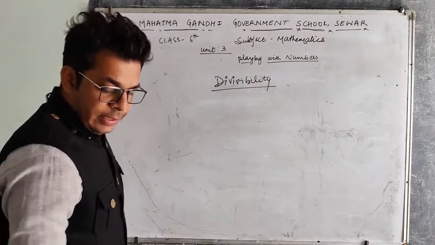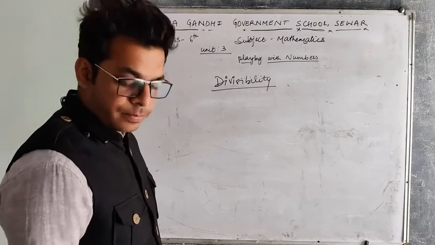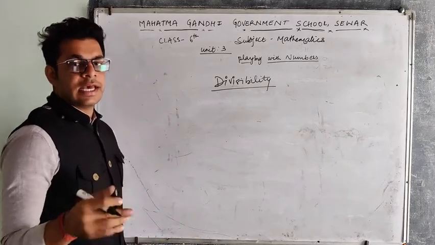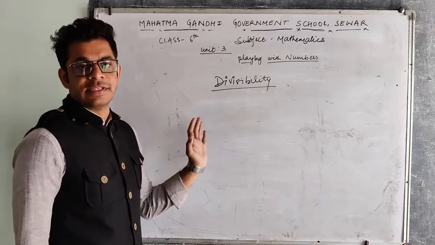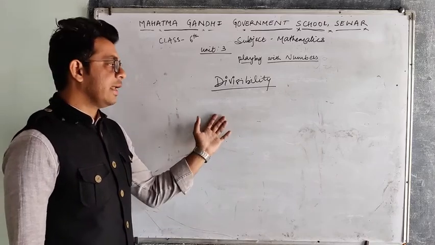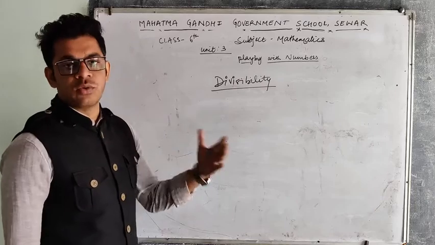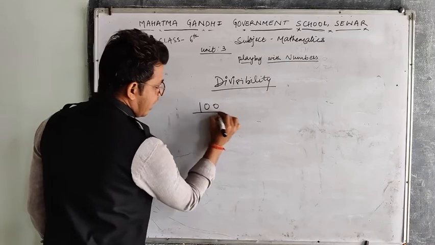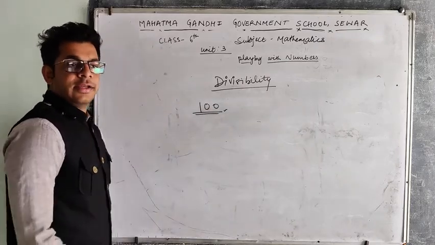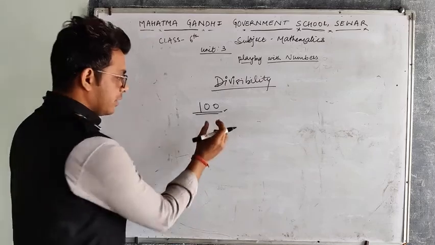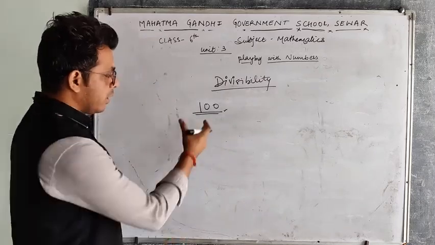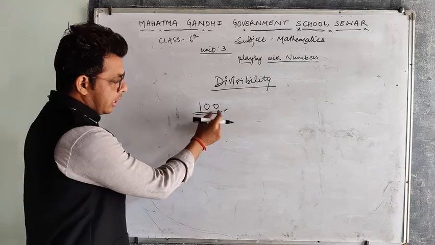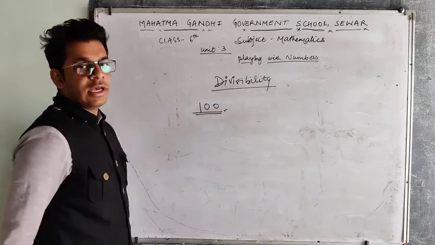There are certain digits or identifications which help us to identify that the number given is divisible by which digit or which number. It will help us to solve things very quickly and to analyze certain things very easily. If I write 100, if I know that there are certain signs or certain digits which can be helpful to evaluate which number will divide 100 exactly. If we don't know the signs or digits which will be helpful, it will take time.